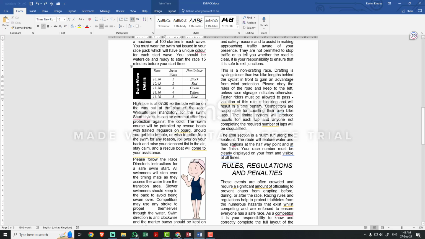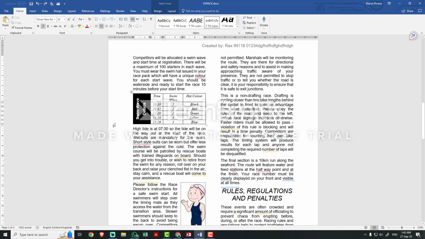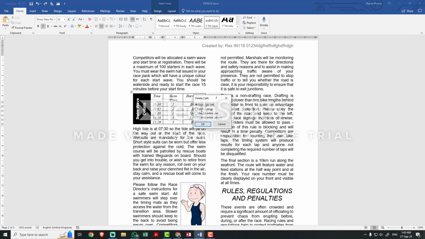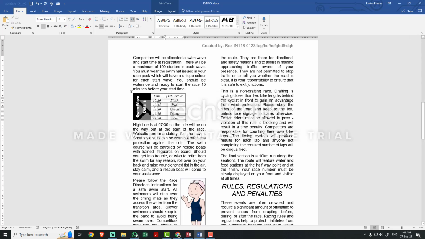And there's one thing that they mentioned that is a little bit different. They just saw this type of question in the papers, like they have mentioned the height. I think it's the width or the height of the column. No, the height is for rows. The column width. So they specifically mentioned what's the width of the table on this particular paper. So let me just delete this cell here, column, so that we can adjust the width.